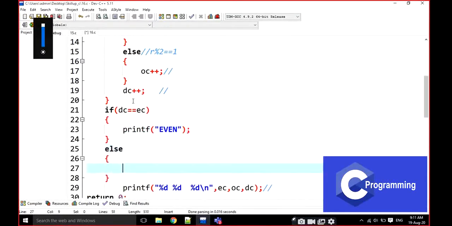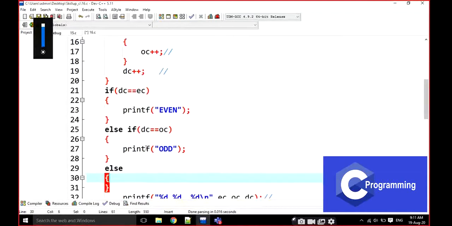Not else, here I am directly writing if DC is equal to odd count, I am going to print it as odd.